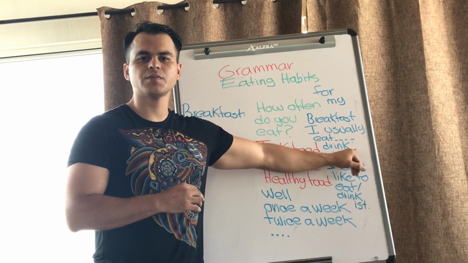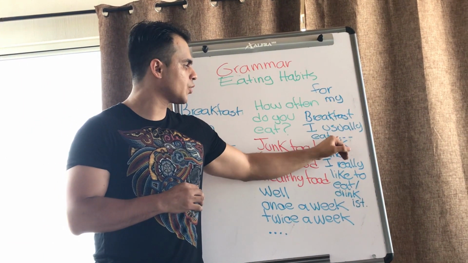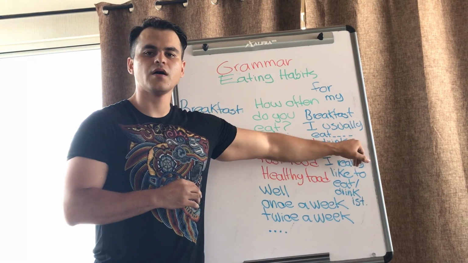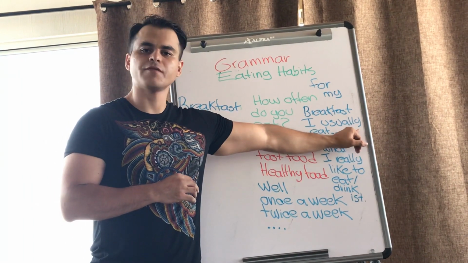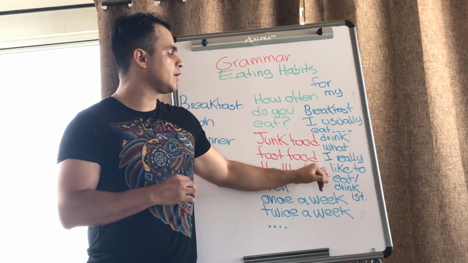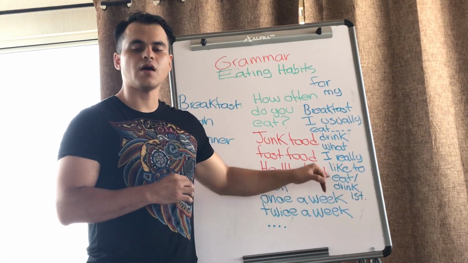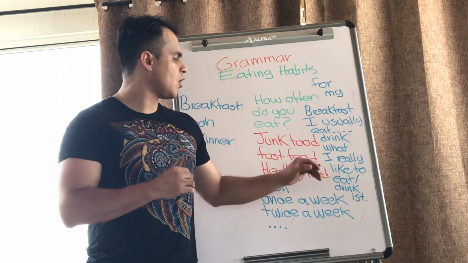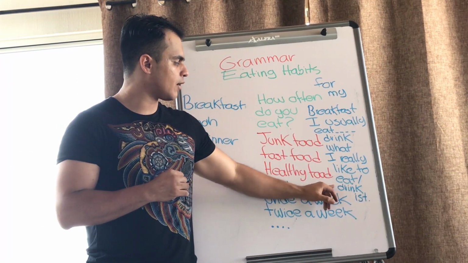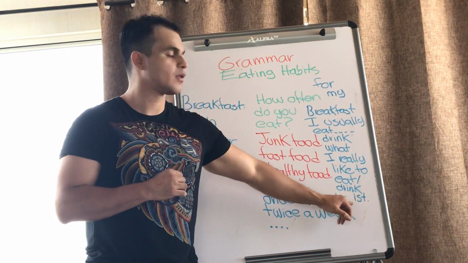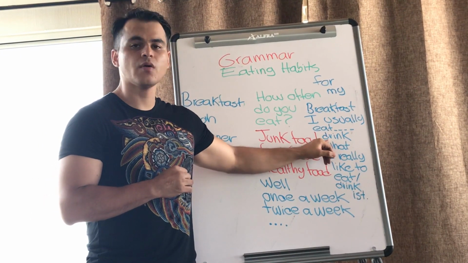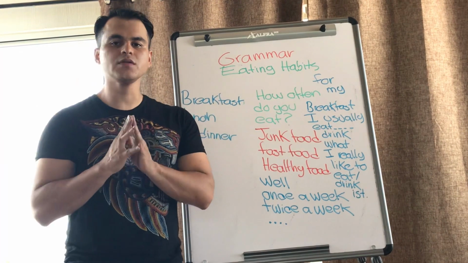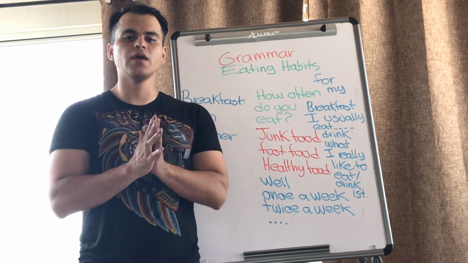Let's write something like, I usually drink a beer on Saturday night. I usually eat a pizza on Friday night. What I really like to eat, or vegetables, for example, right? Lo que realmente me gusta comer o beber es, generalmente yo como o bebo, and that's the only thing that you have to use if you want to talk